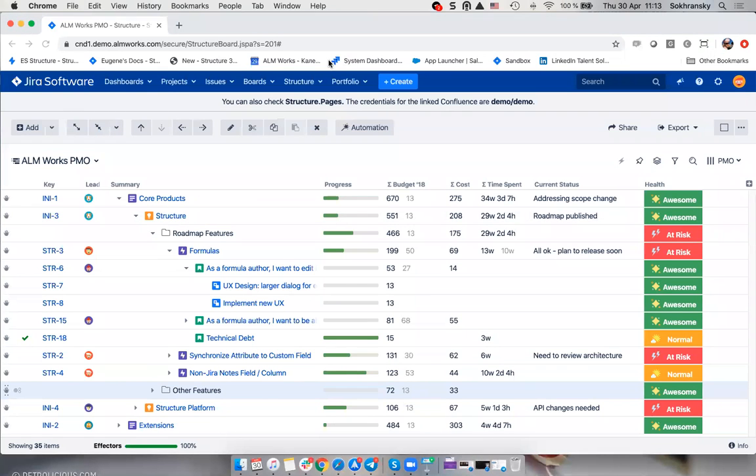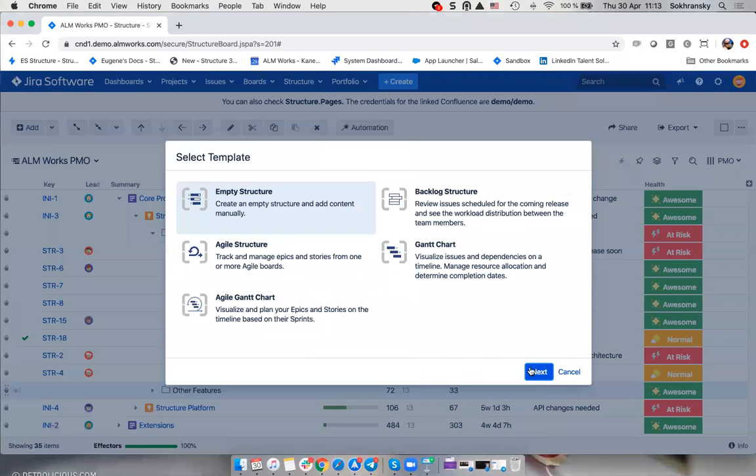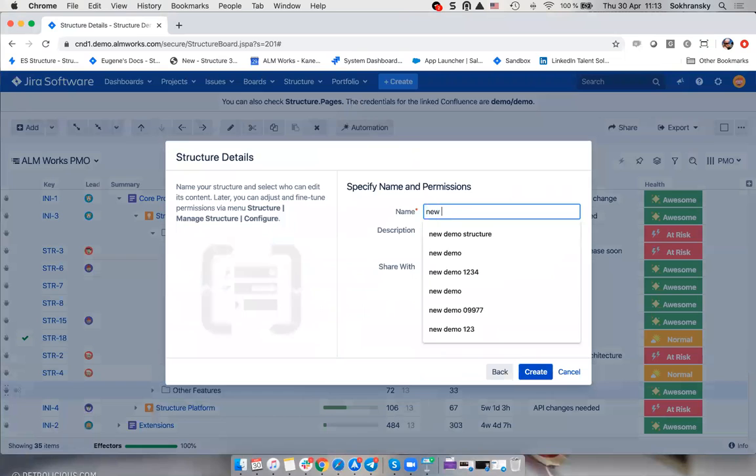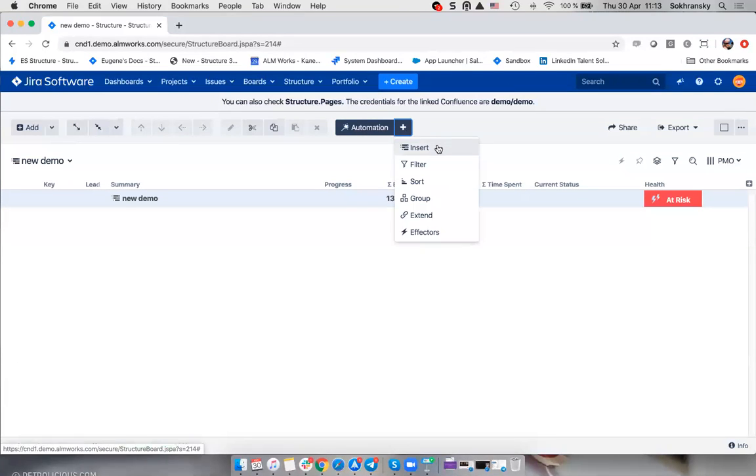So let's build a new structure. We'll actually also have a chance to see how all these features work together. We're going to build the structure that represents the top-down view, like the work breakdown structure. This is probably the number one use case most of our customers have, and we're going to build it using automation. So we're going to start by pulling in